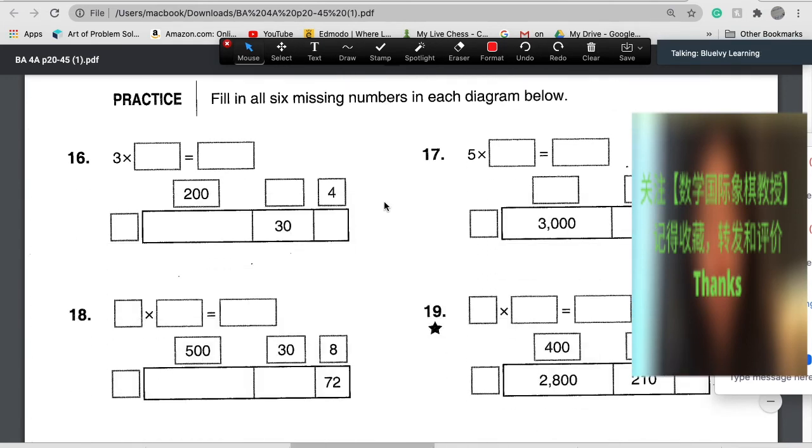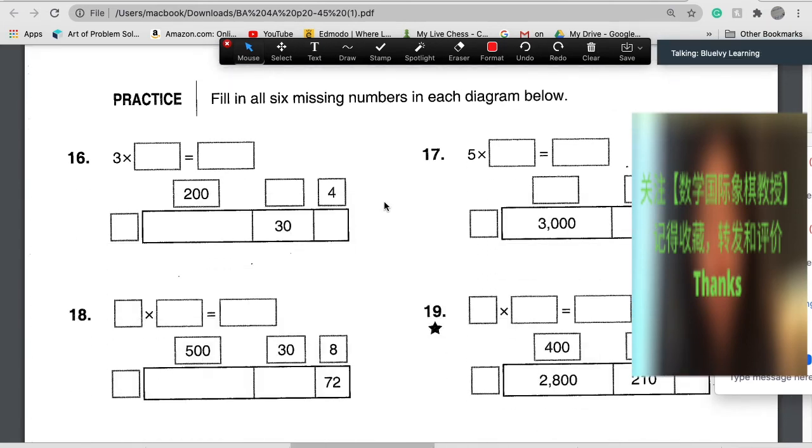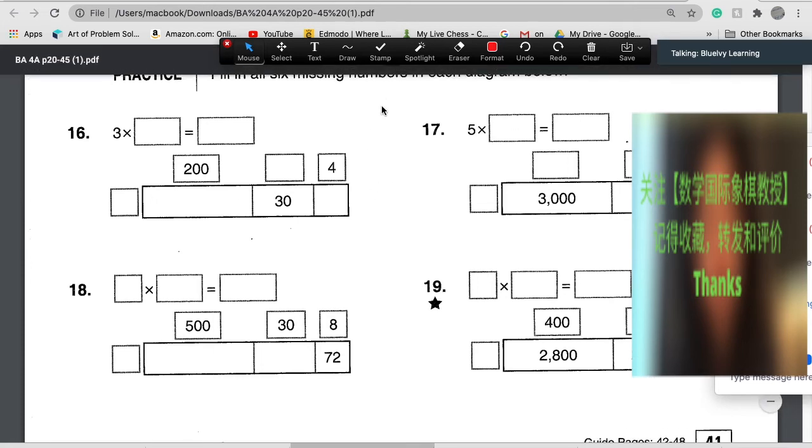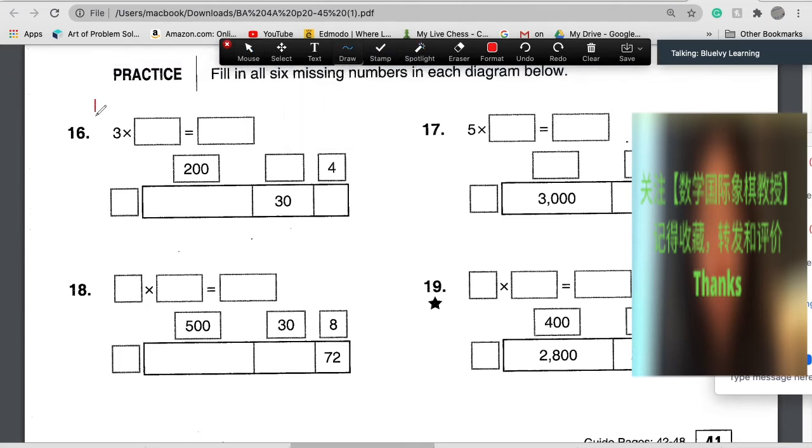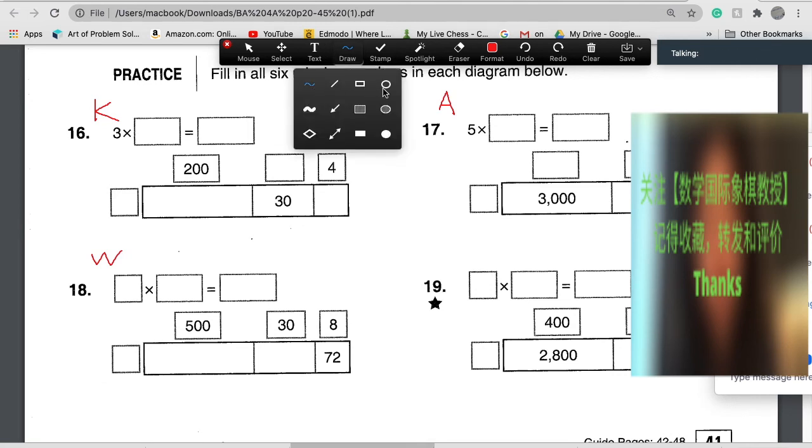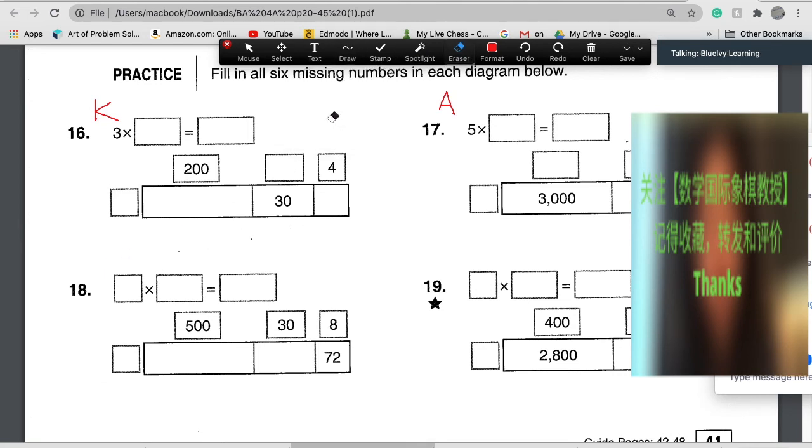Now let's see. Here they ask you fill in all 6 missing numbers in each diagram below. Okay. Now let's separate this one. Now let me give this one to Kimberly. This one give to Audrey. This one give to Winston. Winston, you cannot draw, right? So if you cannot draw, now let me give this one to Olivia. Give this one to Samuel. Okay. You just do your